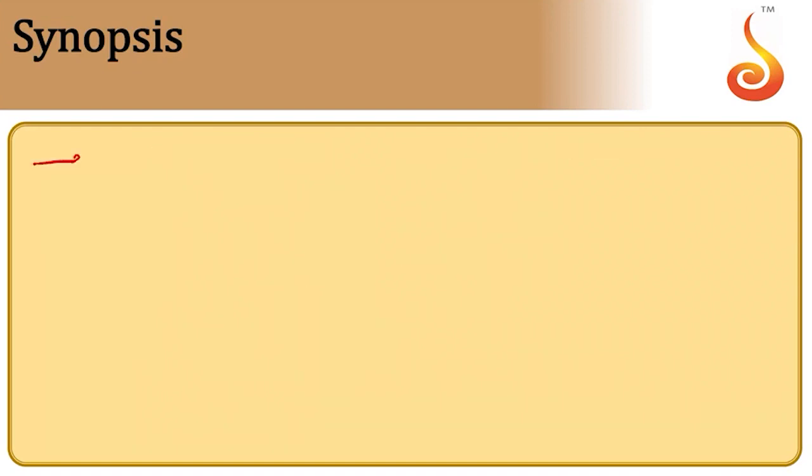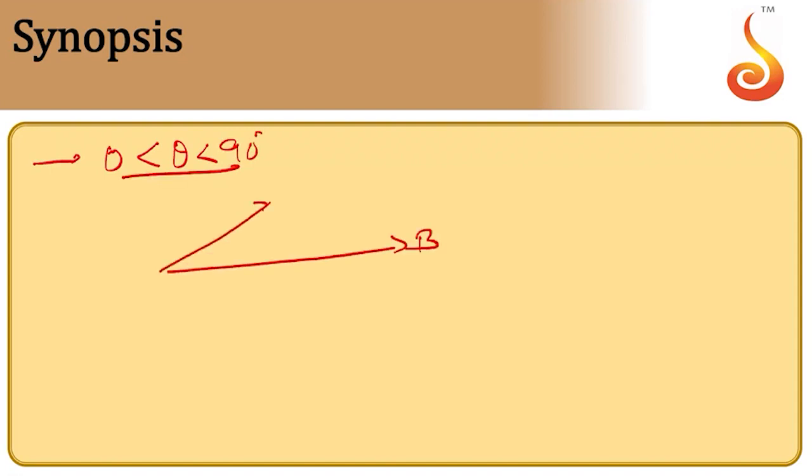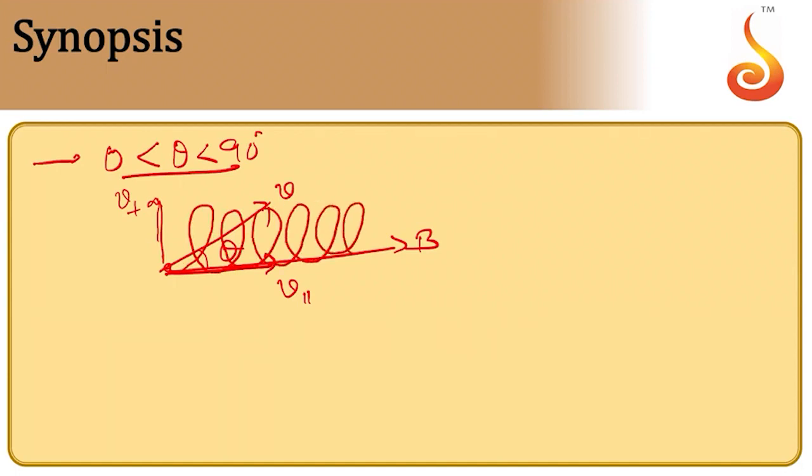Suppose I consider the next case, that means theta lies between 0 and 90. For example, assume that there is a magnetic field along this direction and the velocity is at an angle. So, this velocity can be resolved into two components, one parallel and the other perpendicular. Parallel component puts the charged particle into translatory motion, while perpendicular component puts the charged particle into circular track. Therefore, the track traced by the charged particle is a spring-like track or it is a helix. It is a helical path.